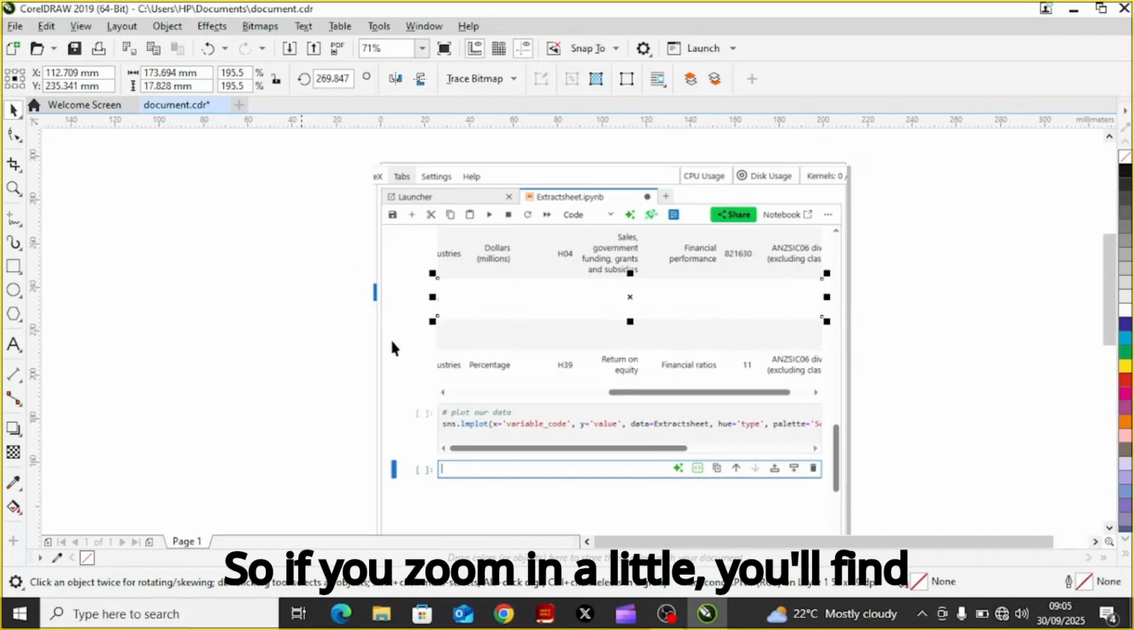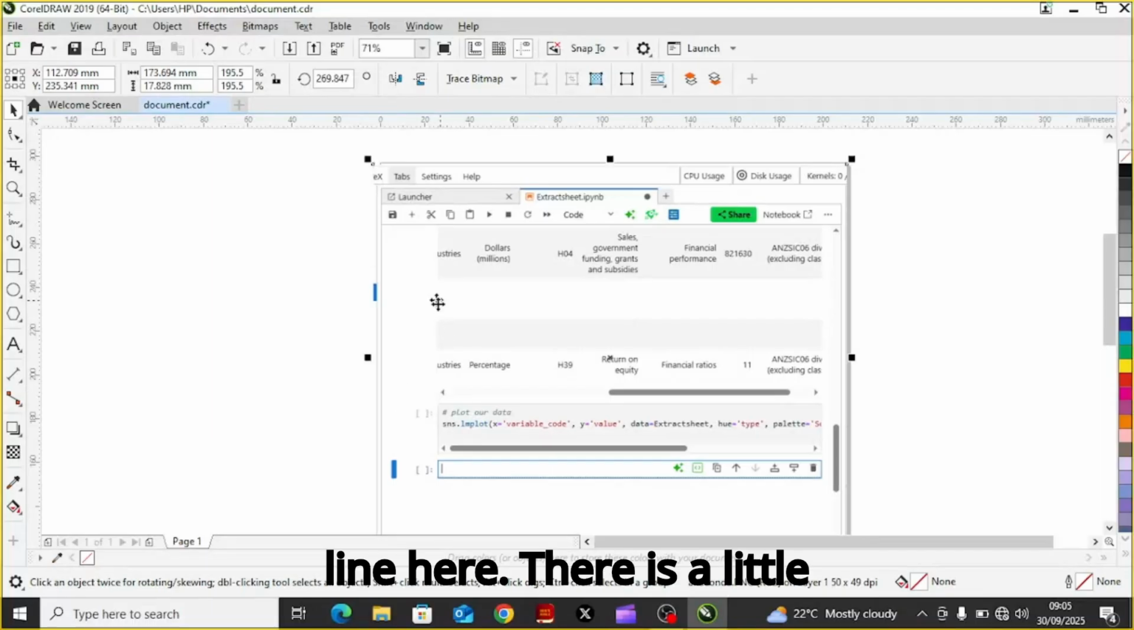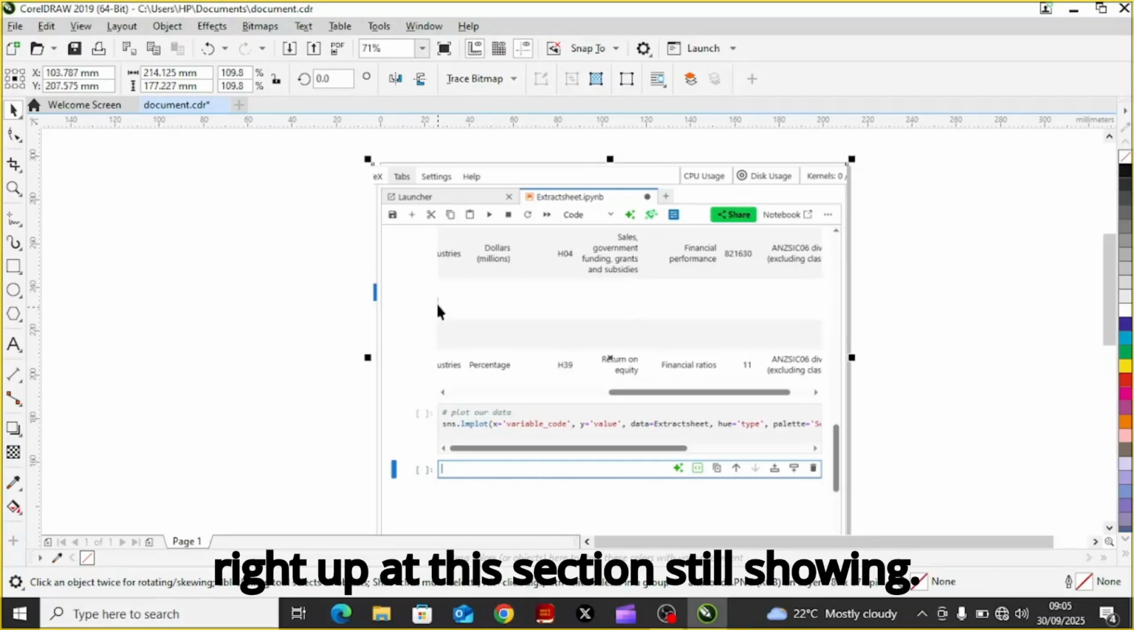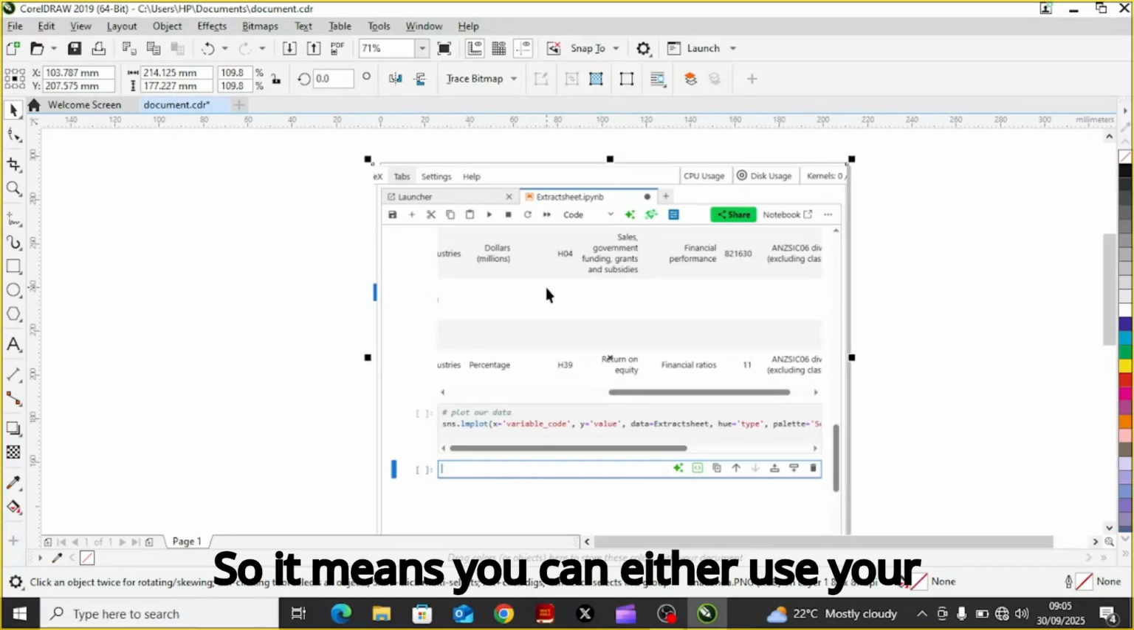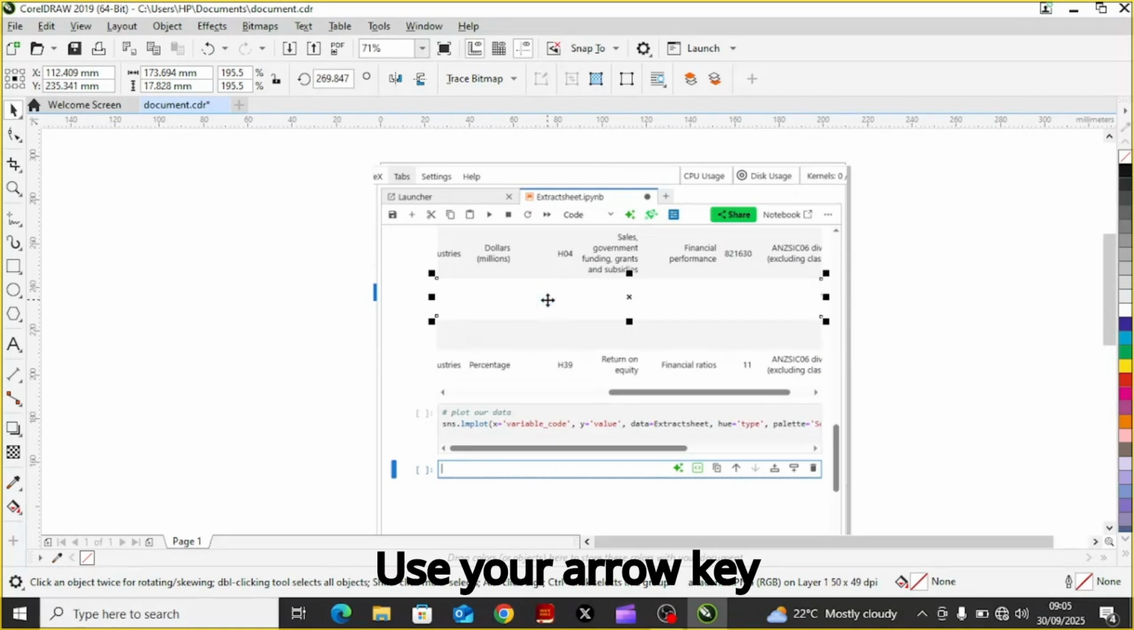So if you zoom in a little, you'll find out that there is a little line right up at this section still showing. So it means you can use your arrow key to adjust it in a little. Then